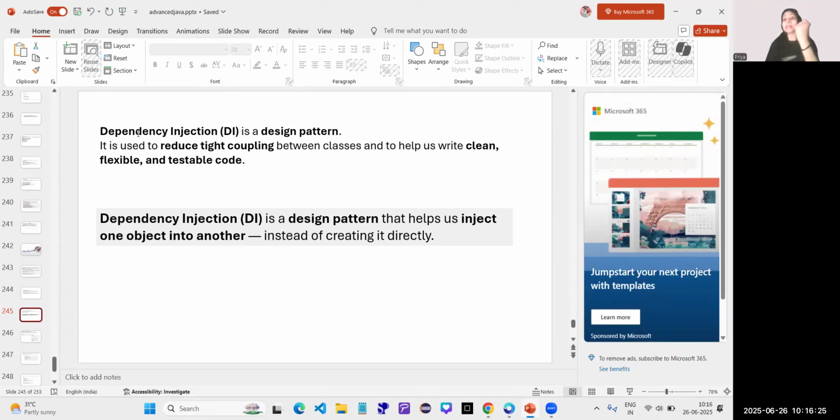So what is dependency injection? Dependency injection is also a kind of design pattern. It is used to reduce tight coupling between classes and helps to write clean, flexible, and testable code. So it is a design pattern that helps to inject one object into another instead of creating it directly. Means what? One object